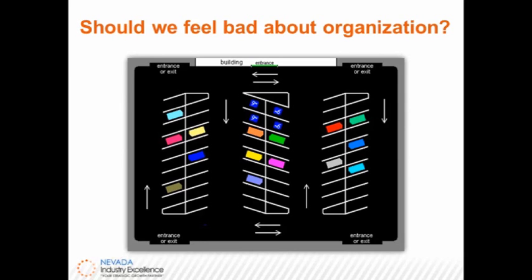And yet, human nature being what it is, we still tend to resist that. So we really need to change our culture and our mindset, our paradigm, about why we need organization in the workplace, whether it's our desk or our toolbox, and we shouldn't feel bad about